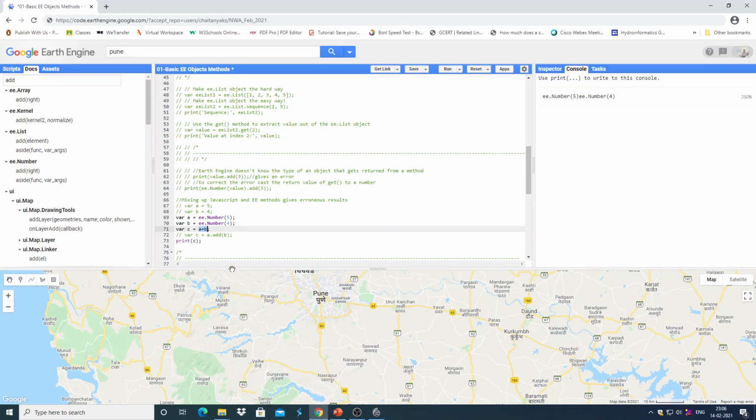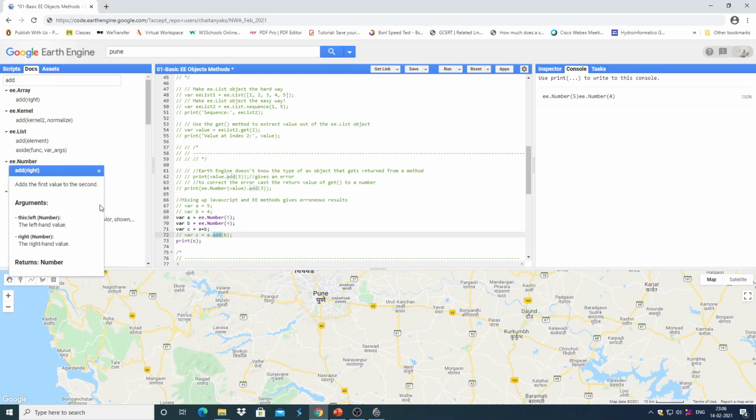So once you have declared that a and b are Earth Engine number objects, we have to use the method which is available, an Earth Engine object method only, which is add. It adds the first value to the second. This is the syntax.